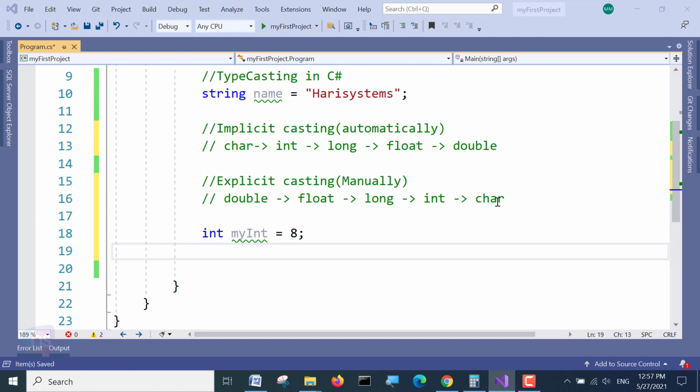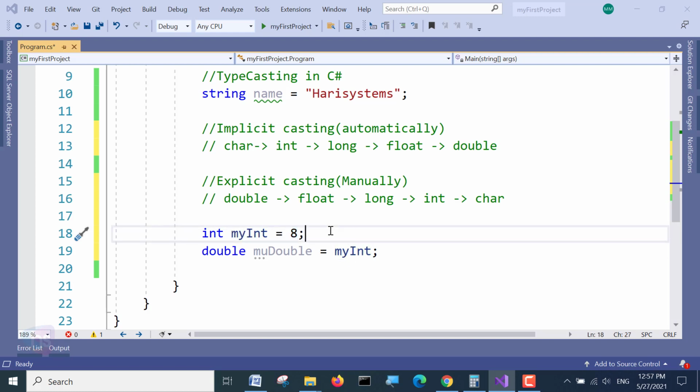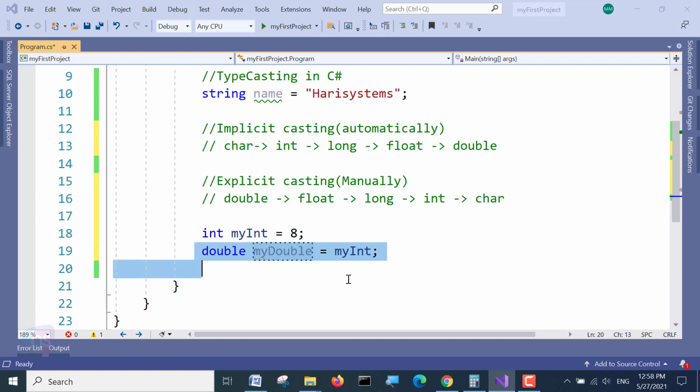Again, I make a double my data type, myDouble, and I assign this variable into this. I have defined a variable and assigned an integer value, which is perfect. On the next line, I declare one more variable as a double data type, and I assign this integer value into this double, and there is no error.